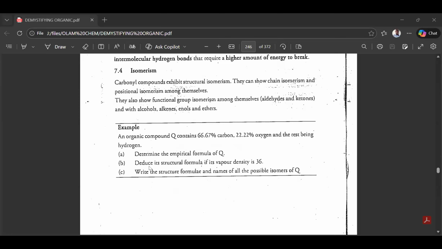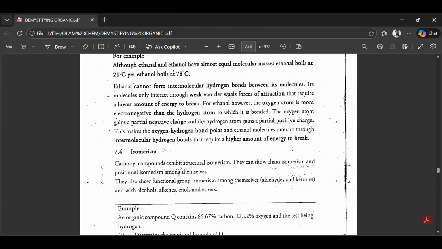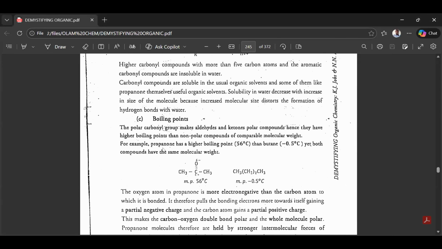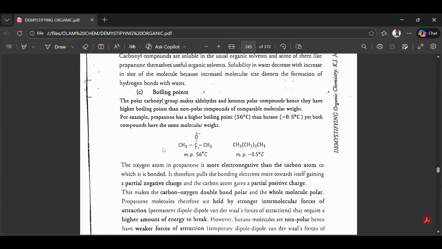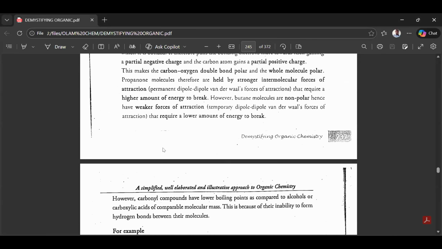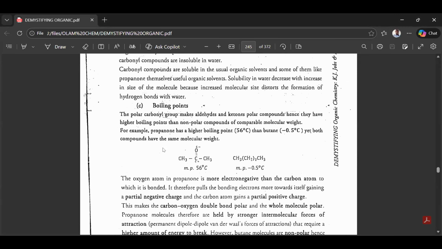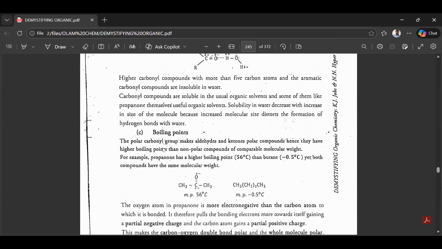We can now go to, I think, isomerism. For the physical properties, I think that when we talk about only the boiling points, maybe the boiling point. So physical properties, of course, carbonyl compounds have higher boiling points than alkanes. So carbonyl compounds have higher boiling points. Why? It's just because they have got,